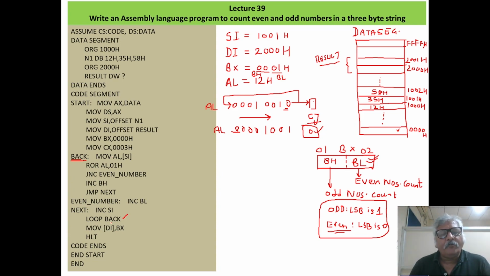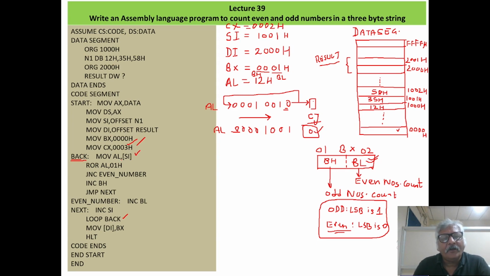CX earlier was 0003. Now it is decreased, so it will become 0002H. Since CX is not 0, the program will go back to the label back.